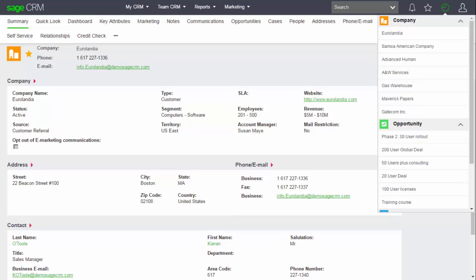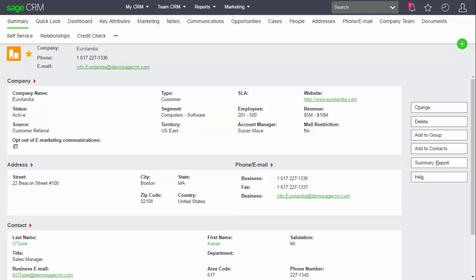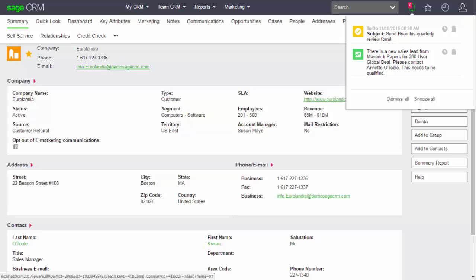The recent list has also changed in Sage CRM 2017 R1. There are now list segments in the recent list that can also be closed up to make it much more navigable. And as you can see, I've just received 2 new notifications. If I click on the notifications, instead of shifting down the whole page, a nice box appears that displays the new notifications. This new way of displaying the alerts means that your work is not interrupted and parts of the screen are not obscured.